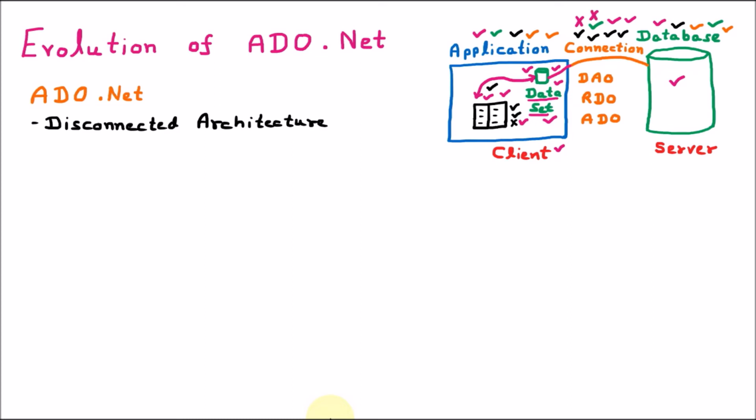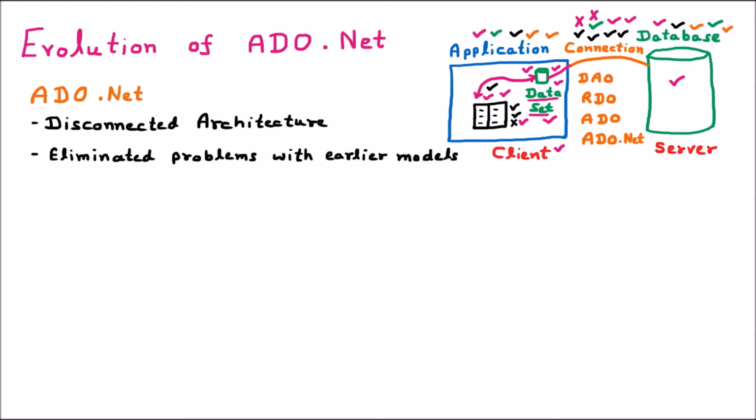This is called disconnected architecture, which we achieve with the help of ADO.NET. So this ADO.NET is going to eliminate the problems found with all the previous models. This ADO.NET is widely used for connectivity. If we use ADO.NET for connectivity, then number one, it supports disconnected architecture. It means if the connection goes, even though the database is secure, we can save the data, no problem. It eliminates all the problems which were there with the previous models. And for all the connectivity types, we can use ADO.NET.